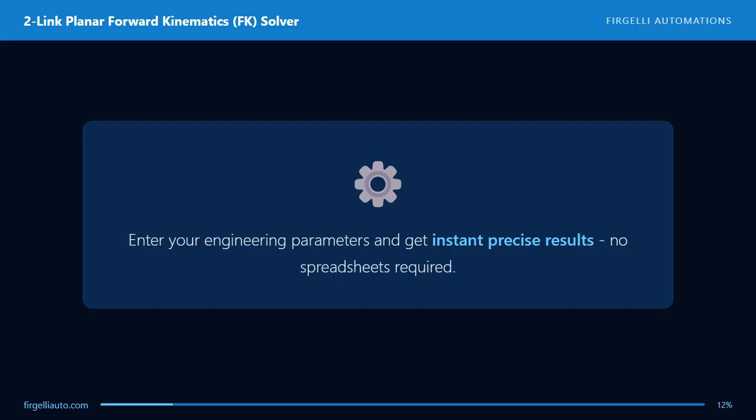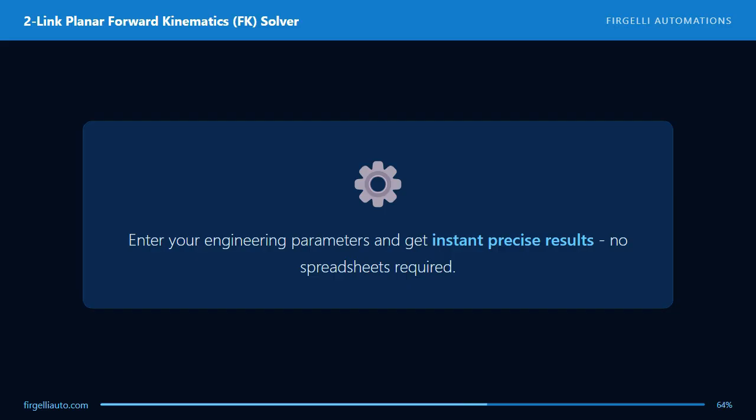Given a two-link planar arm, this calculator computes the end effector's x and y coordinates using trigonometric equations. You input the length of each link and the angle of each joint. The calculator then applies the forward kinematics formulas, combining cosine and sine functions of your joint angles multiplied by link